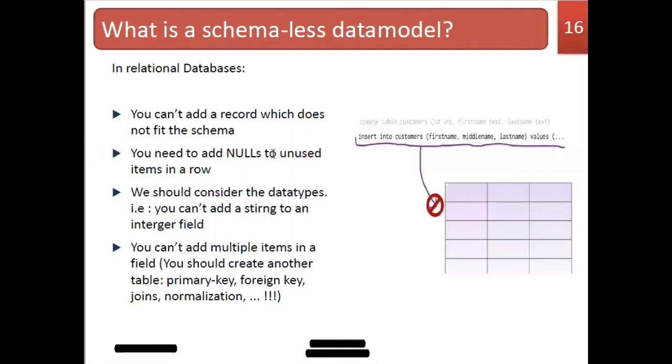We have studied some constraints, null and not null, in databases. Suppose you are not going to give a particular value for a particular attribute in the insert command, then in that place you have to give null, unless that particular attribute is made not null. That means if it is not null, you have to give the value compulsorily, right?